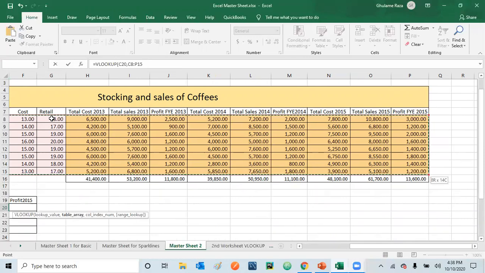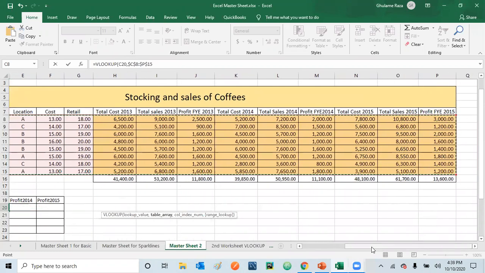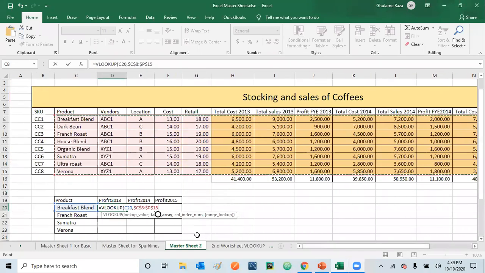Otherwise, your data may get corrupted. So once you select it, make sure that you press function F12, sorry, F4. This will make sure that your data, because in Excel the data is always dynamic, as soon as you are moving towards right or left, your data selection will be moving towards right or left as well. So if you want to freeze your data, and we know that this is the entire data we have, and we don't want our table to move towards right or left, so we are actually freezing it. So even when we are moving towards right or downside, the system will keep on finding the numbers from within this table.